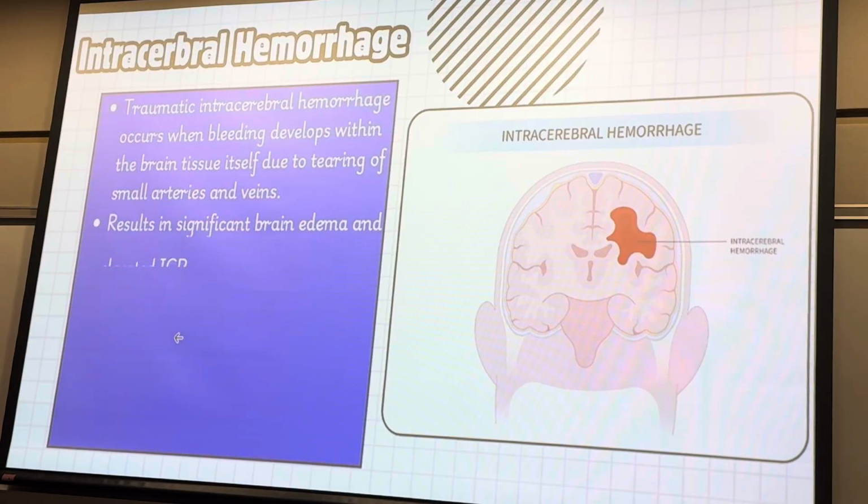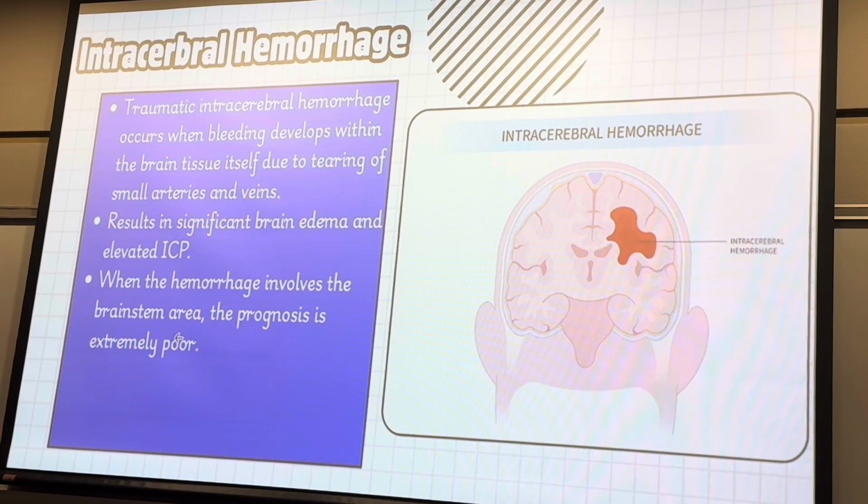Is the speed due to the fact that one is arterial and the other is venous? It's microscopic, real small, so it's just kind of like a tiny little bleed. But you could have venous bleed as well with it. So again, it's just kind of that microscopic approach to it.